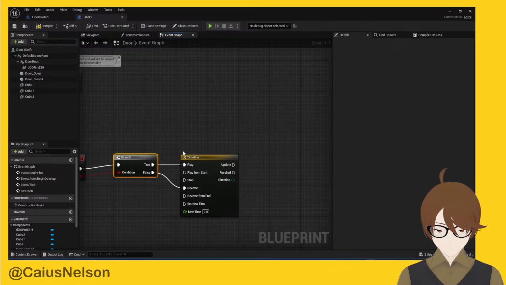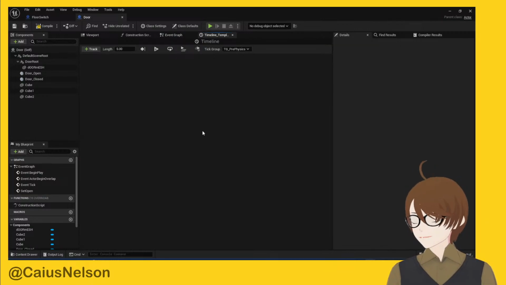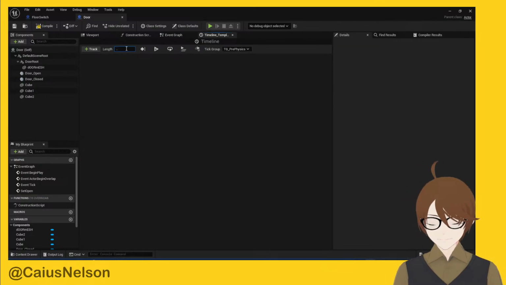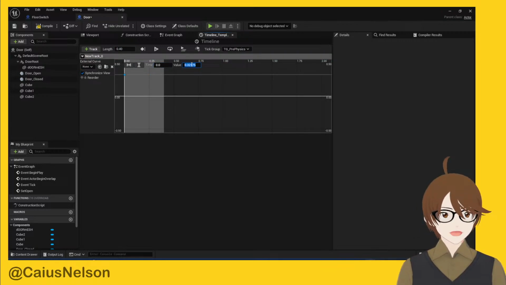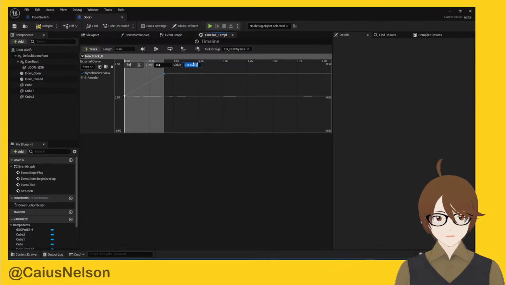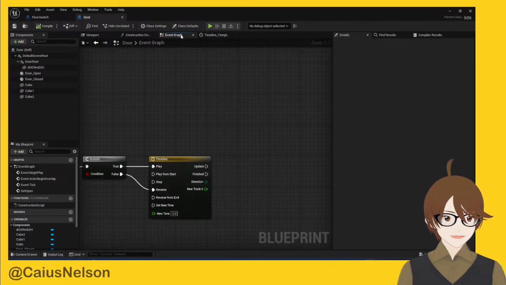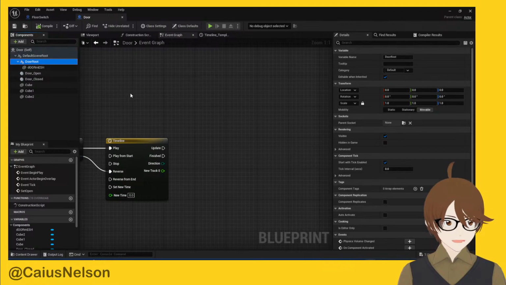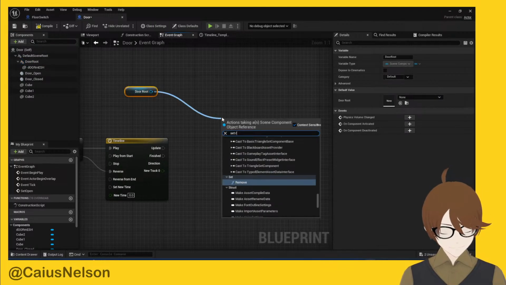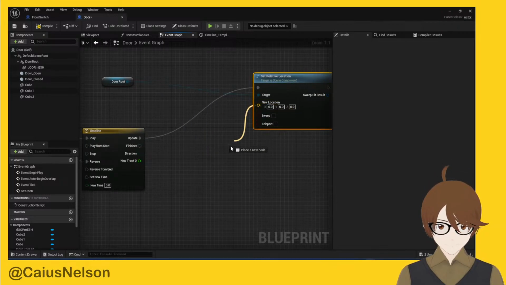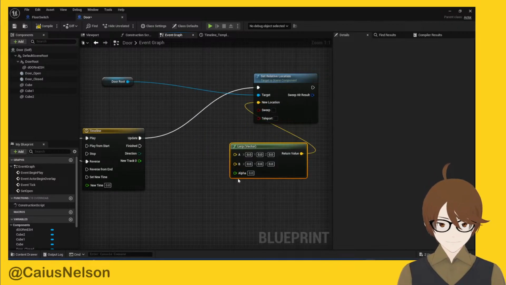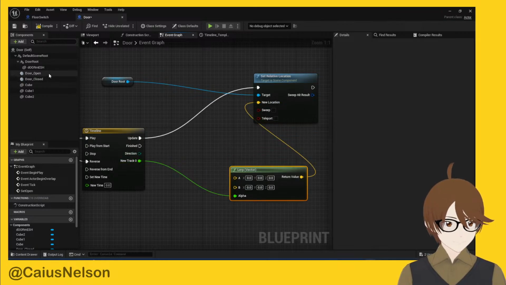Play reverse. It's open. We will, over the course of, let's say, not too much time, 0, 0, and time 0.4 will be at value of 1. And then we will simply set relative location to, or between these two,